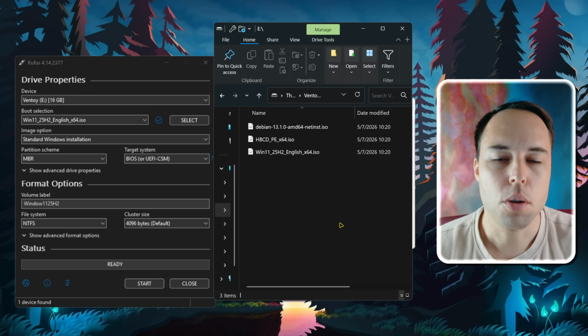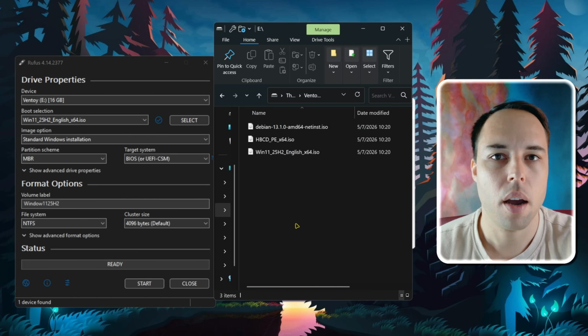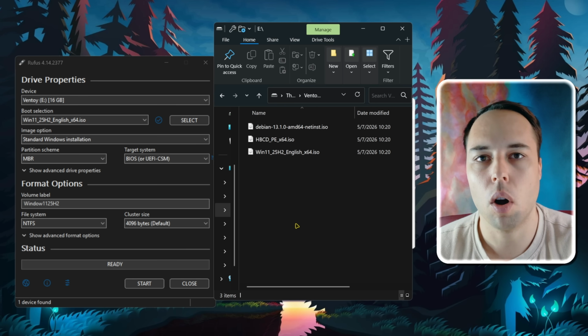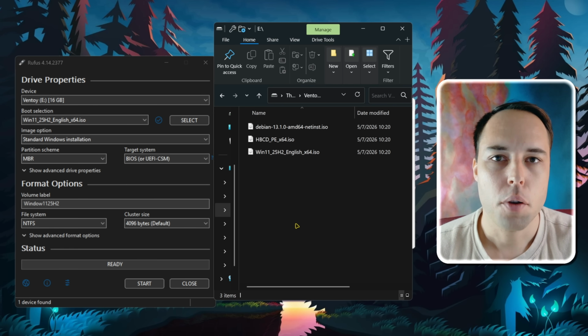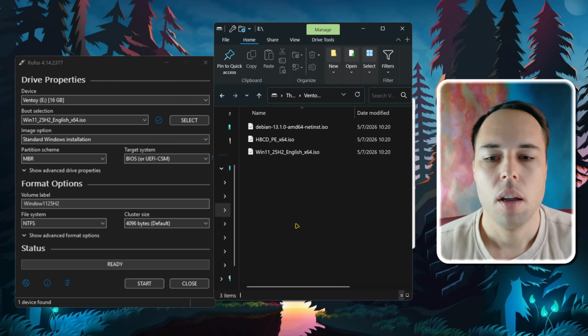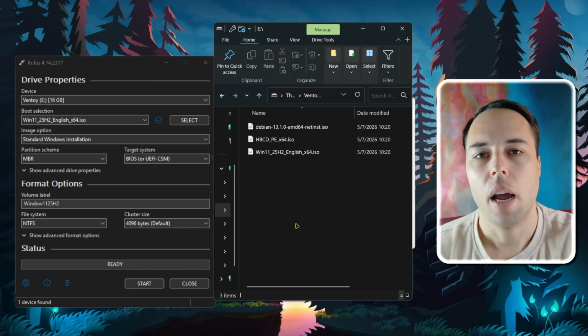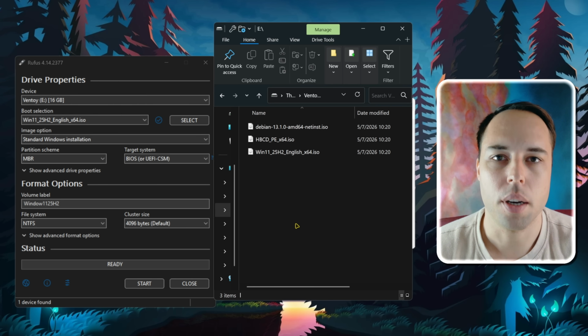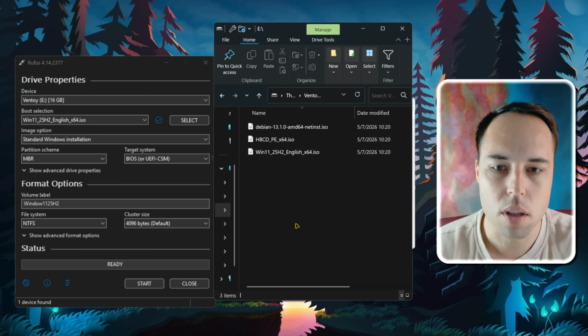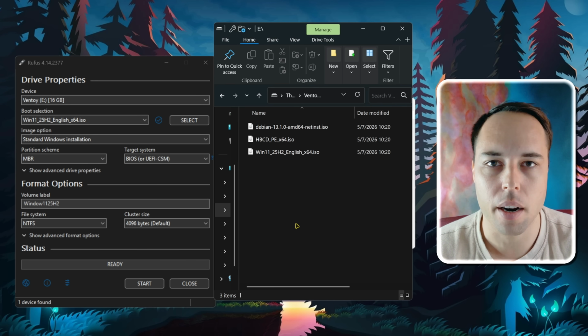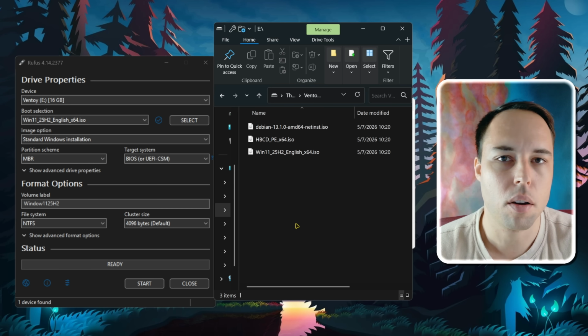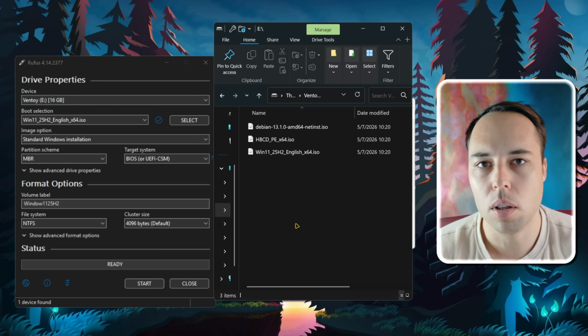You can then also use the Ventoy partition here to copy any other files that you might want onto this flash drive. So for example, if you have a set of programs, installers that you usually install on every machine after a Windows installation, then you can put all of them inside a folder and then run them after the Windows installation, or you can just use the Ventoy flash drive for any other data that you might want to save on it, any other files or folders or whatever that you want to save on it. So it's like a multi-purpose tool.